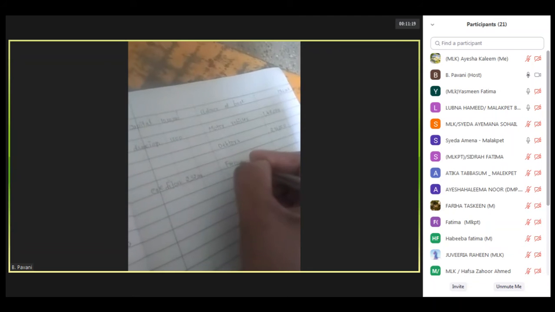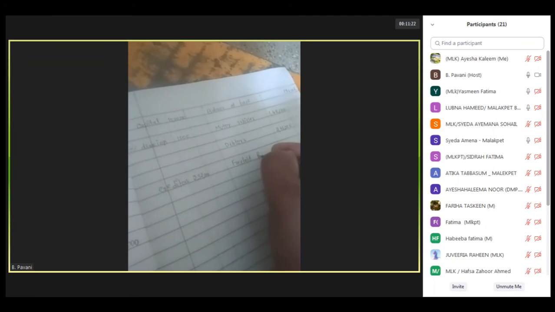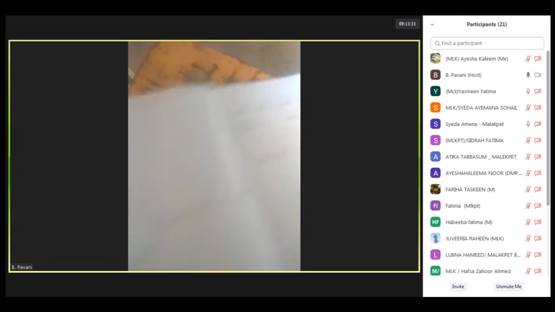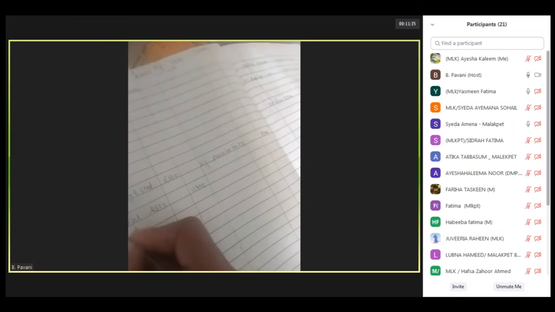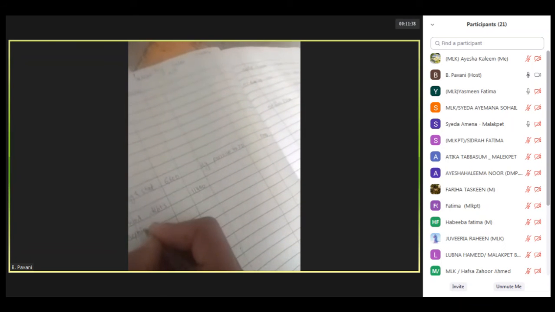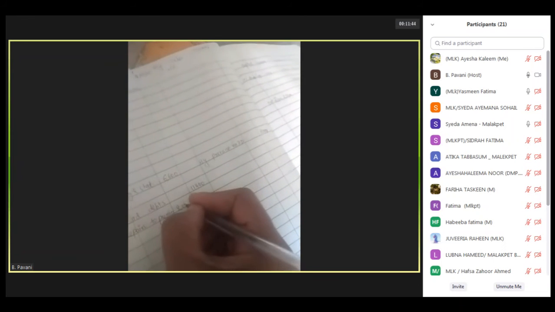Next is freehold premises. Freehold premises is an asset. So on the asset side, I'm writing it as freehold premises. The amount is 8 lakhs. For this also adjustment is there, that's why I'm writing the amount in the inner column. The next is repairs to premises. Repairs to premises is an expense, so it will come on the P&L account debit side. The amount is 8 lakhs. For this also adjustment is there, that's why I'm writing the amount in the inner column.